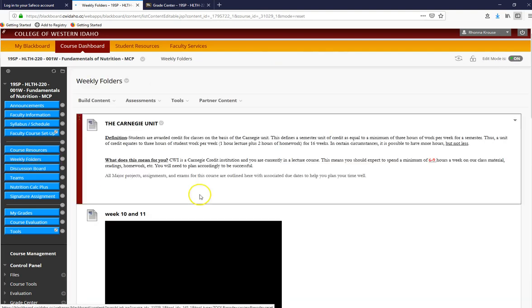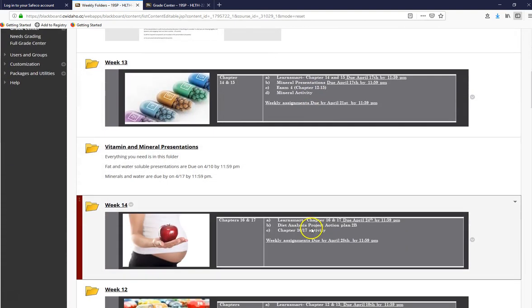That's a little bit about this paper, and that's going to move you forward. That actually takes you through week 14. Keep your eye out for feedback, and definitely be reading your feedback. That will really help you. You have your exam this week on chapters 12 through 15, and that covers all vitamins and minerals, and we are counting it down. We are almost done.